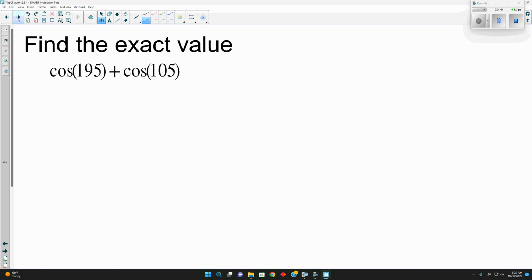Now this one here is essentially the exact same thing. Find the exact value. Well, sine of 195 degrees we don't have, or cosine of 195 and cosine of 105 we don't have. But if we look at the product to sum formula, cosine, let's see here. I see what we're doing. Now, here, we do have two cosines, yes? Now, the formula, whenever we have cosine and cosine, and they're being added together, minus on both cases,